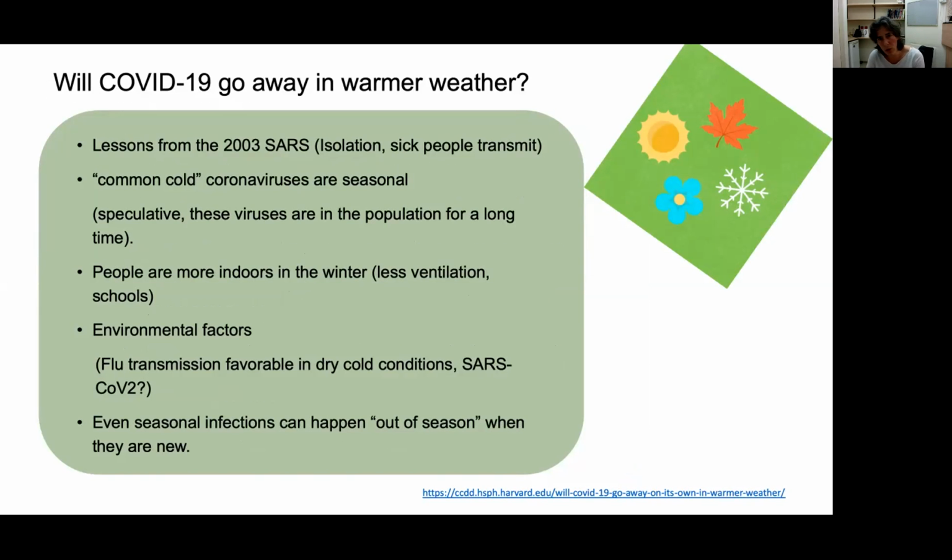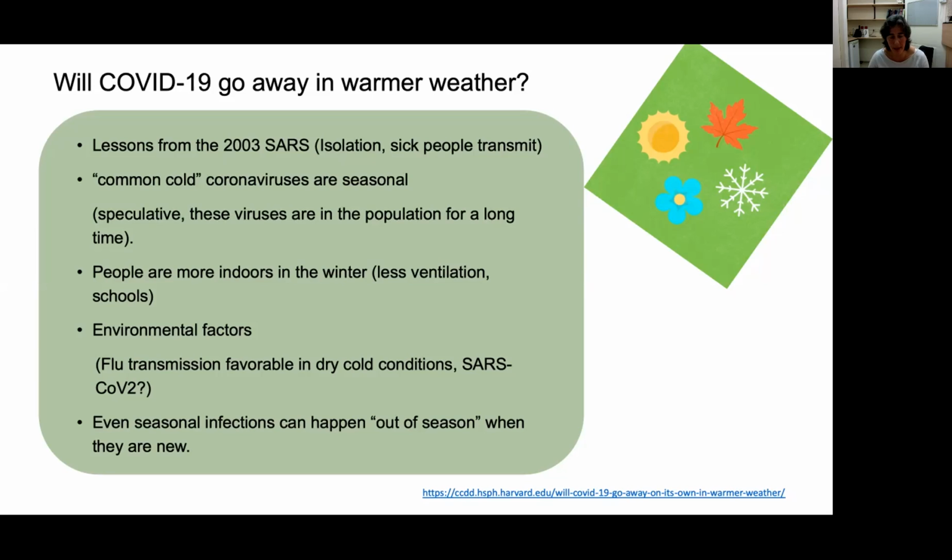Will coronavirus go away in warmer weather? This is an excellent question. So basically, this assumption started from other cold viruses that we know, and from what happened with the 2003 SARS virus that actually disappeared, and what we know from other common cold or influenza viruses. But again, we cannot know for sure about this virus. This virus is new. And the most important point about this virus is that, compared to influenza or other viruses that are in the population now,